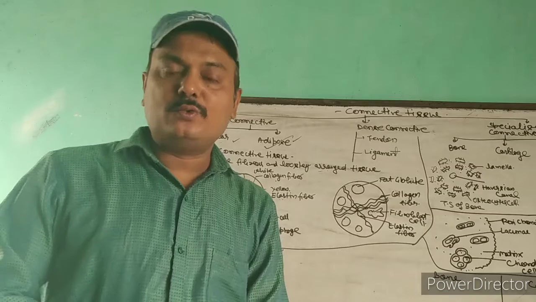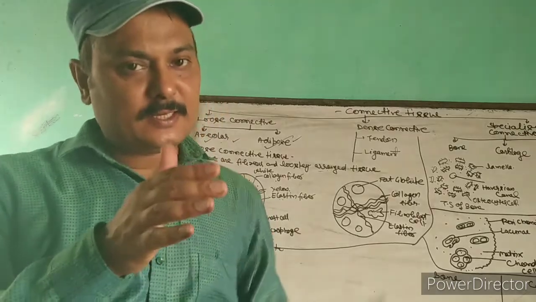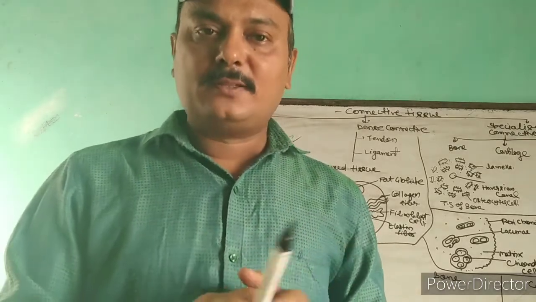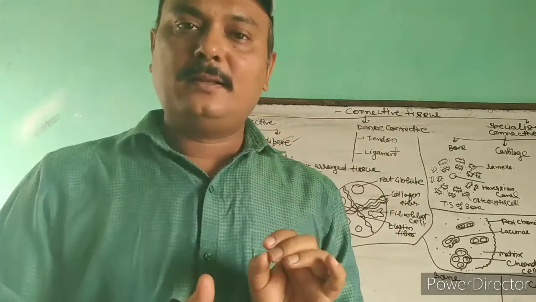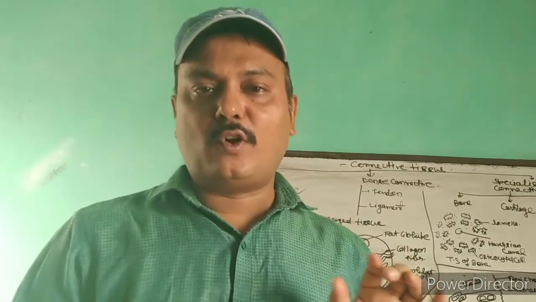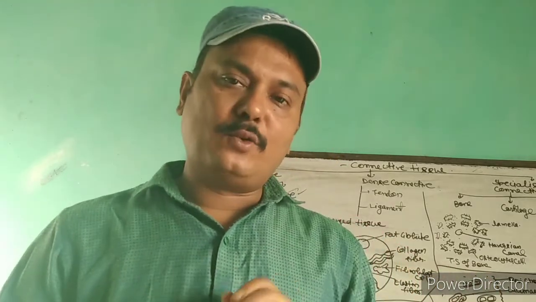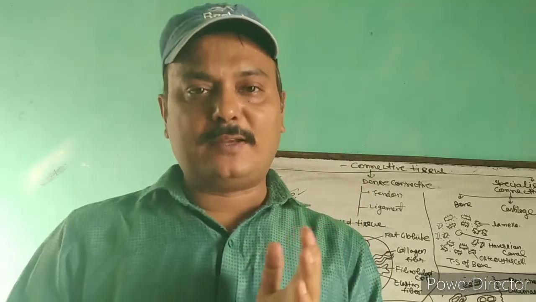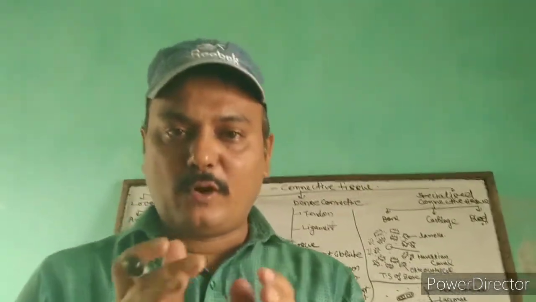The function of adipose tissue is to provide protection to the soft body organs, because it is deposited under the skin throughout your body, so that's why it provides protection to your soft body organs. And adipose tissue is helpful in storing food material inside it in the form of glycogen. If you are not taking food for a long time, you can survive without any food because food in the form of glycogen is stored inside your adipose tissue. So adipose tissue can provide energy during the starvation period. OK, so adipose tissue is also helpful in keeping your body warm.